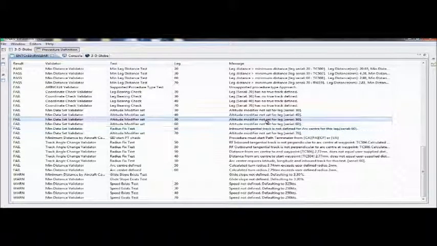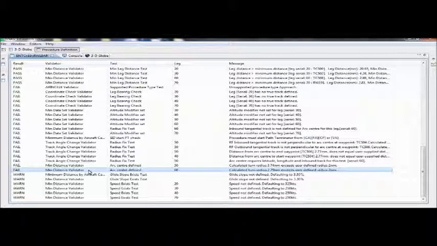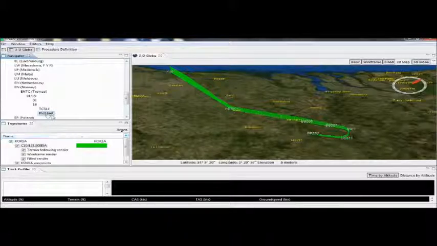Some of these fails are ones we can just disregard because we know we haven't provided the data. Others may require us to go back and revisit, but they are set to fairly high tolerances so that it may well be that although this tangential track here has failed, it is still acceptable for the purposes of the procedure. Returning to the procedure,